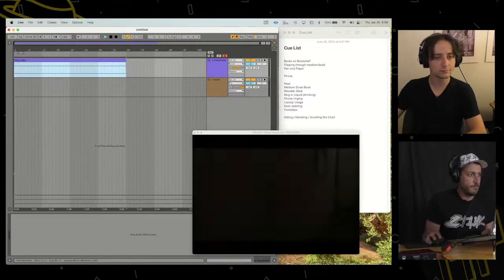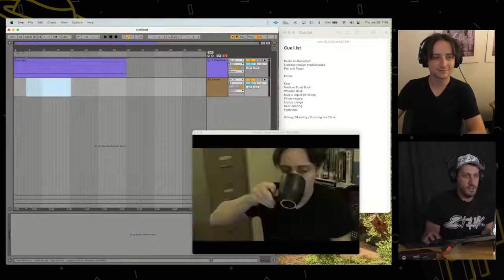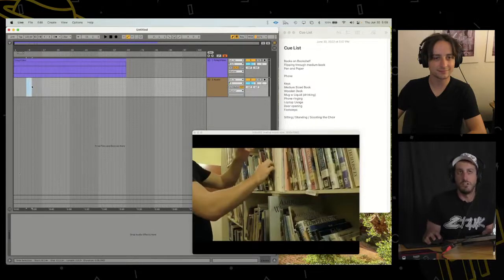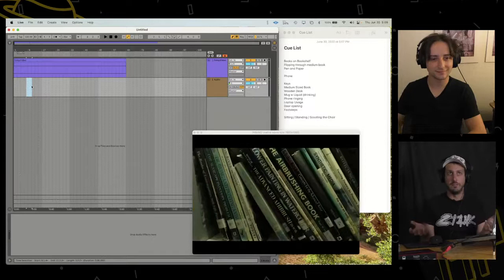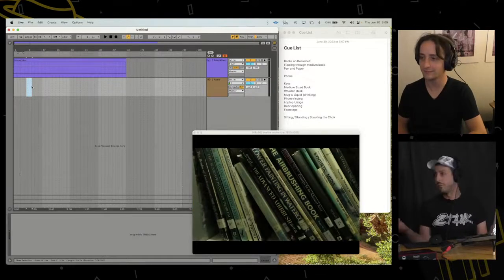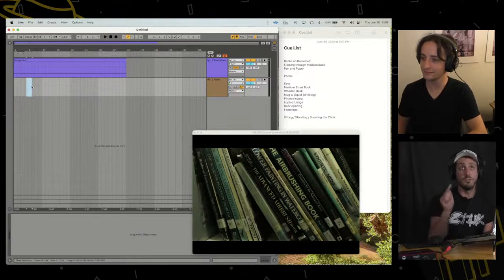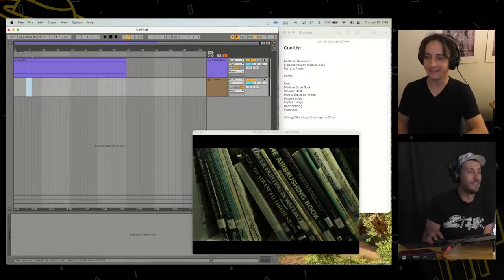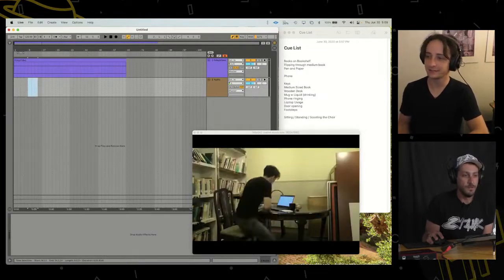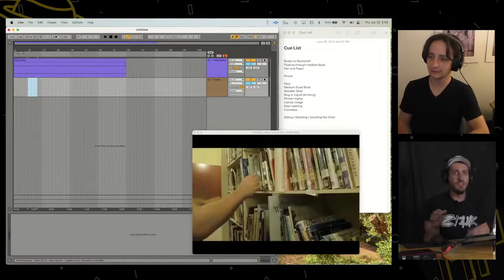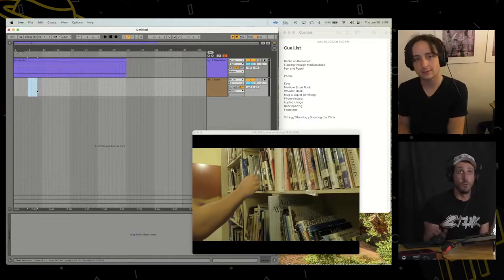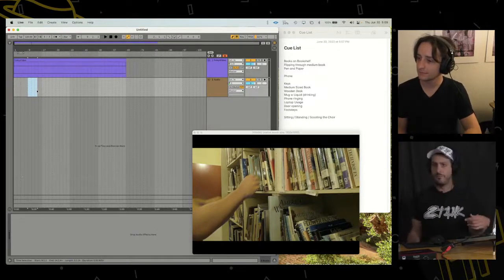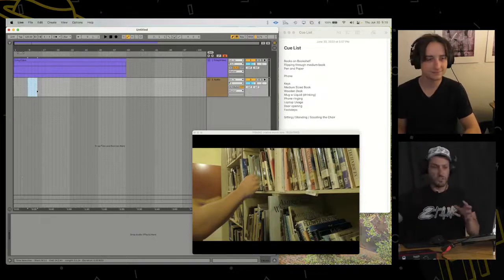So how do I want to approach this? Let's see. I might start with this bookshelf thing. It feels a little challenging to do right here at this desk. I might actually want a bookshelf and to walk up to a bookshelf, but that's not super convenient on camera. So I'm going to start with the things that are going to be easy for me to do on camera for you now. We're going to pick and choose some way. I'm going to start with the things that are happening on the desk, and then we're going to worry about the chair and stuff like that. So I might slide my situation over here because I do have a desk here.